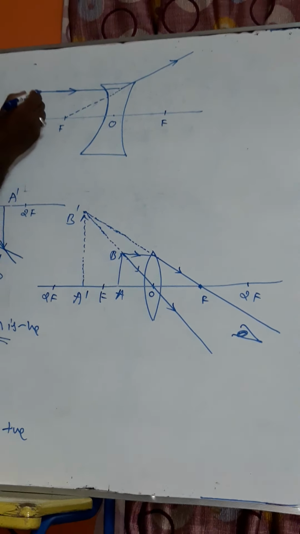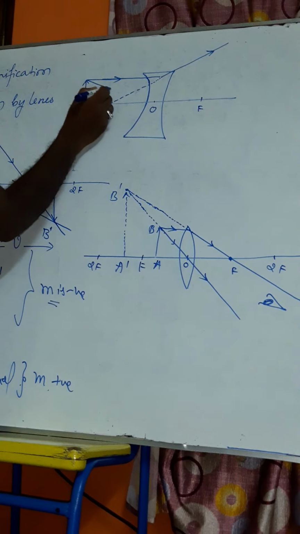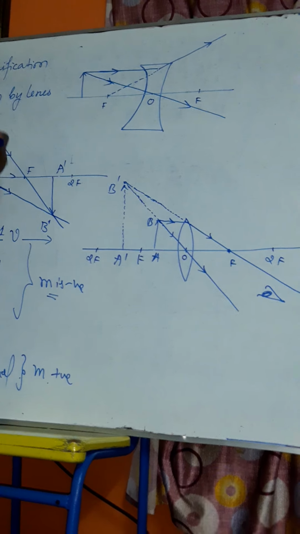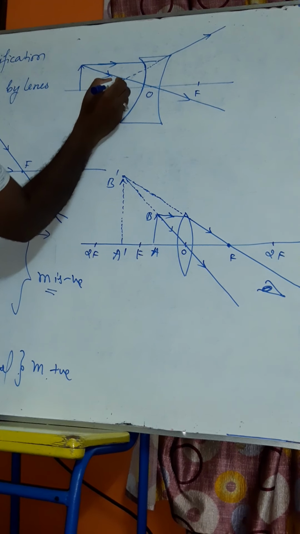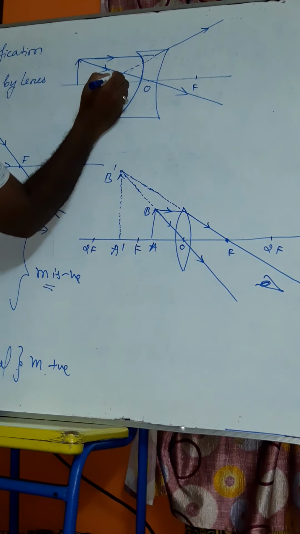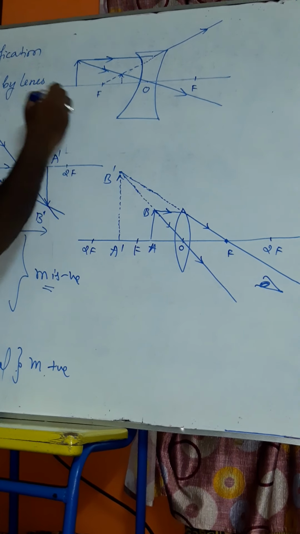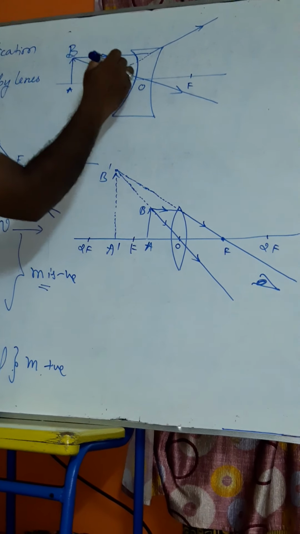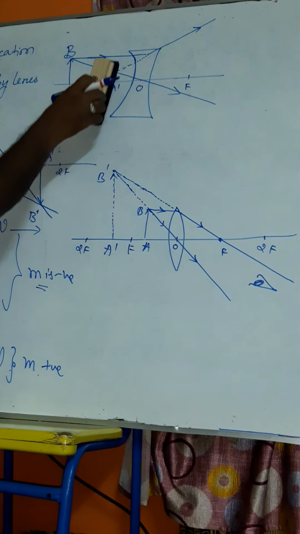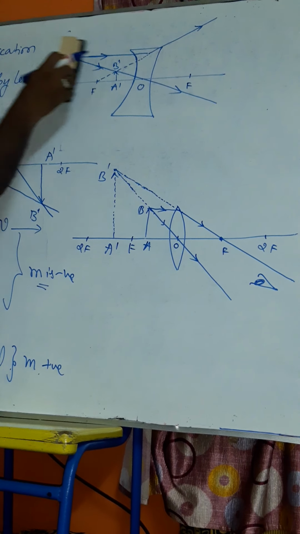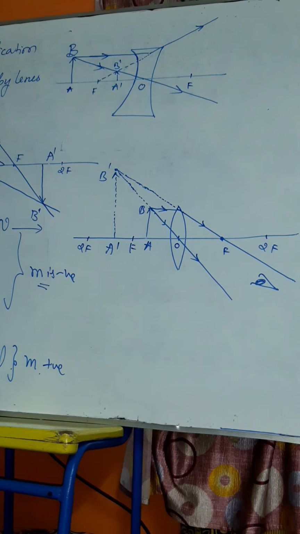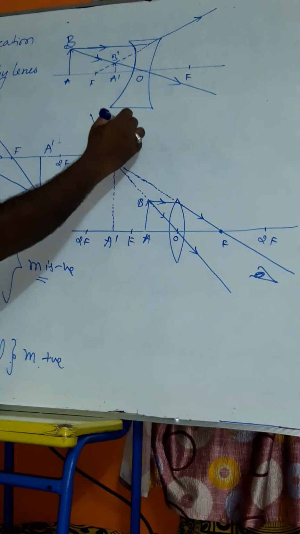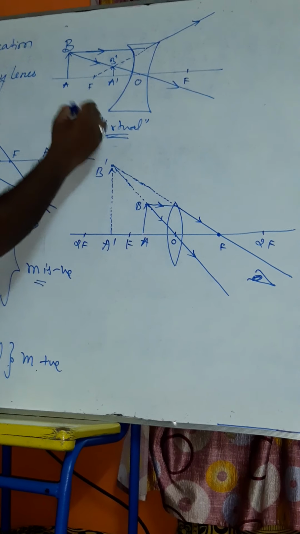Another ray passing directly through the optic center should be drawn like this. See, this is the other ray. Wherever these two rays intersect, there the image of this object is formed. Here AB is the object, A dash B dash is the image. If I place the object at any position on this principal axis, only one type of image is formed. That image is always virtual, and it is small in size.